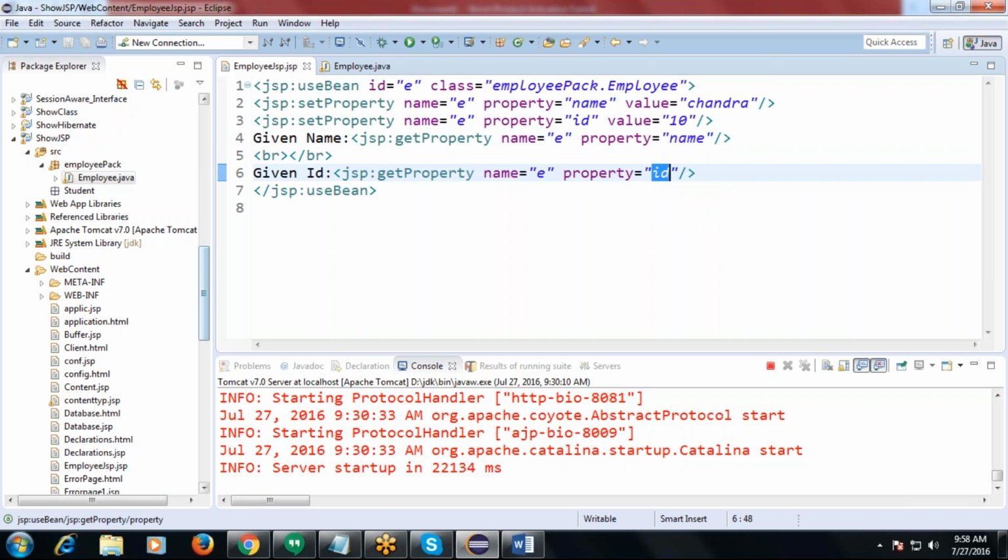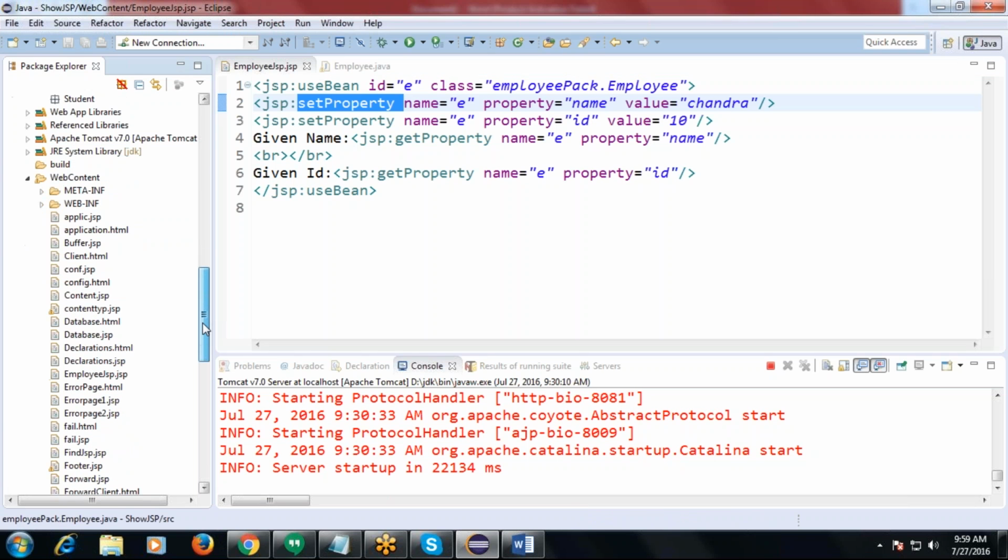Now, what are the actions we use here? useBean action, setProperty action, and getProperty action, right? Understood all of it right now, Sai and Venkat? Yes, Chandra. Let me execute it. Is it clear right now what I told you?